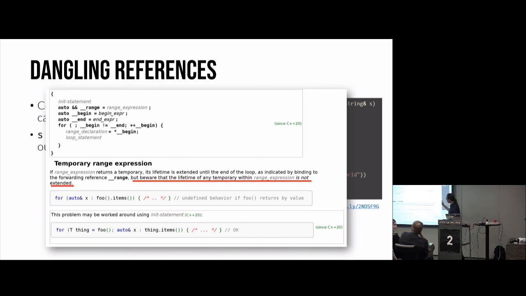Oh, and by the way, one of the ways to get over this is something that we have since C++20, which is the init-statement in range-based for loops. So we can see the example on the bottom. Again, this is not specific to coroutines. Coroutines only somehow make it a little bit more dangerous because it's hiding what is actually happening, and things happen beyond the point where